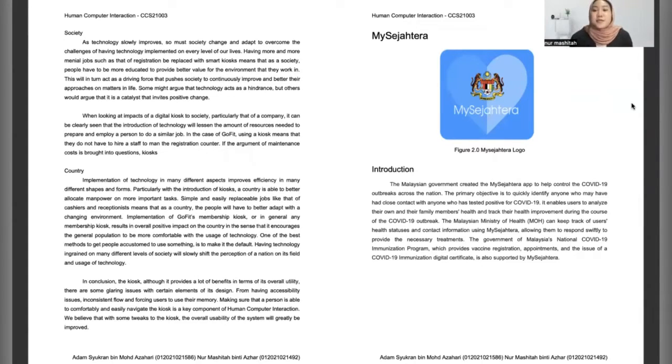I'll be presenting on the MySejahtera app and also the Blossom app. Okay, so the first one is the MySejahtera app. When we flash back to 2020, our country was having a COVID-19 outbreak across the nation and around the world. So our government created the app called MySejahtera to help control the